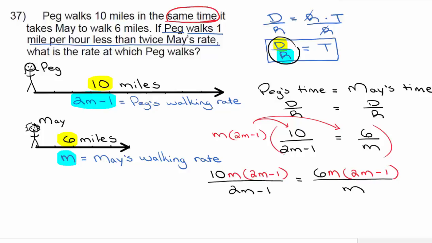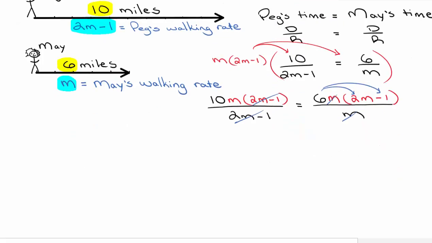Okay, now we're going to go through here and we're going to cancel out any common factors. Alright, so I'm going to be left here. I'm going to have to distribute this 6 right here to both of these terms. I'm going to be left here with 10m is equal to 6 times 2m is going to give me 12m, and 6 times negative 1 is going to give me minus